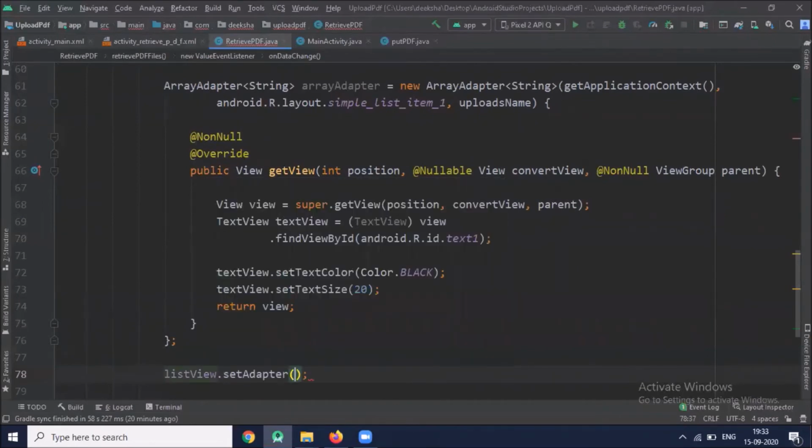After this, we set the adapter. And here we pass our array adapter.